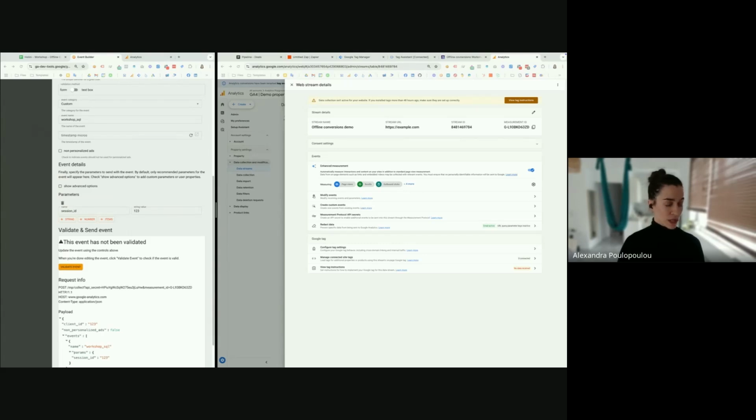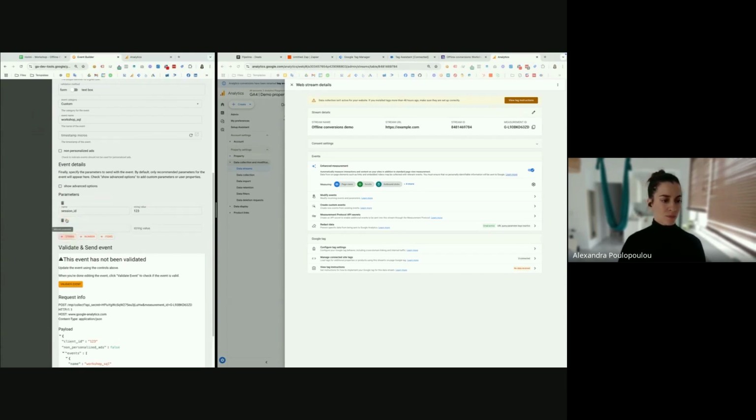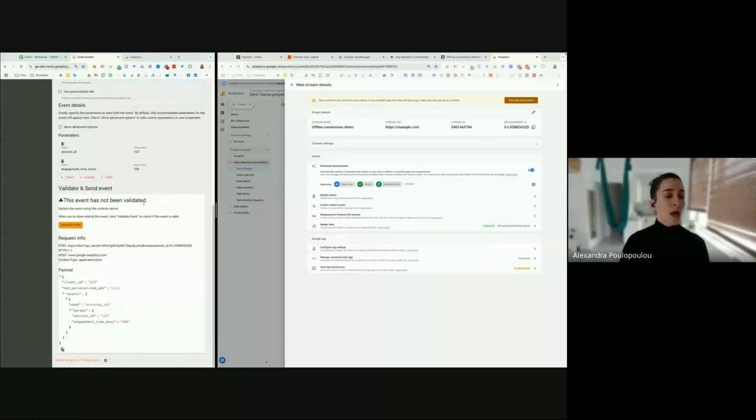We want it to match offline conversions to digital channels, and we will also need this, for which we will use a value of 100.